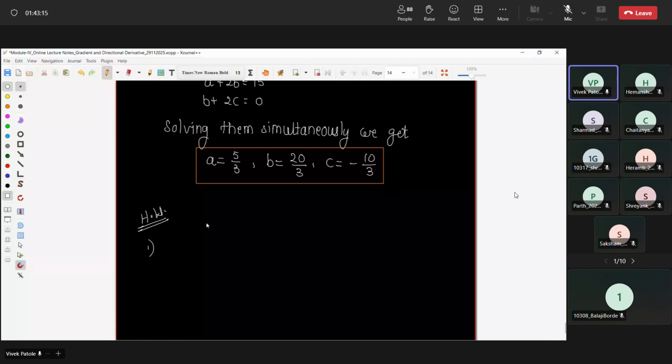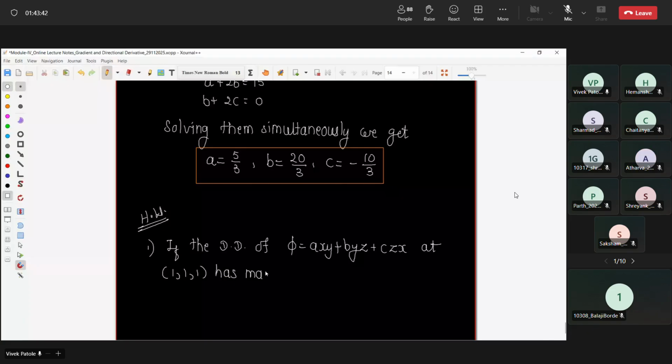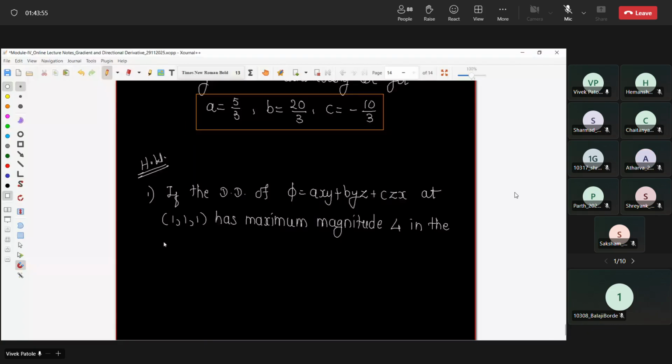If the directional derivative of phi equal to axy plus byz plus czx at 1, 1, 1 has maximum magnitude in the direction parallel to the line